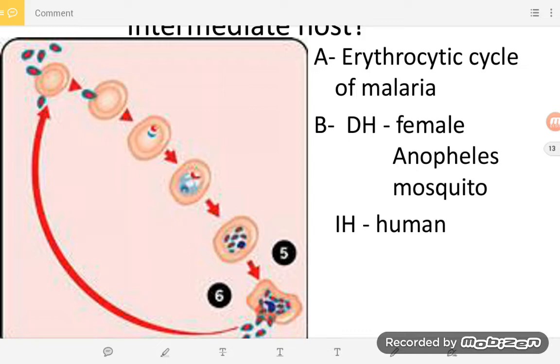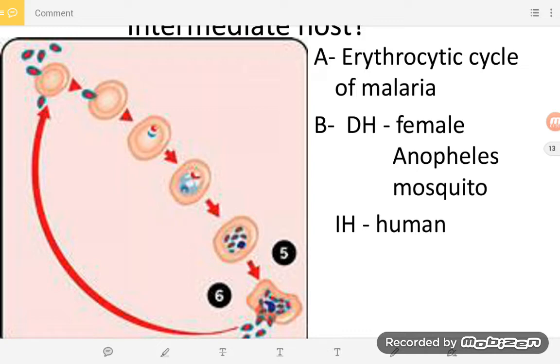Here it will multiply to a large number, more than 10,000, and accordingly the number may vary with the species. After rupturing these hepatocytes, these merozoites are released to the bloodstream, and in the bloodstream they will infect